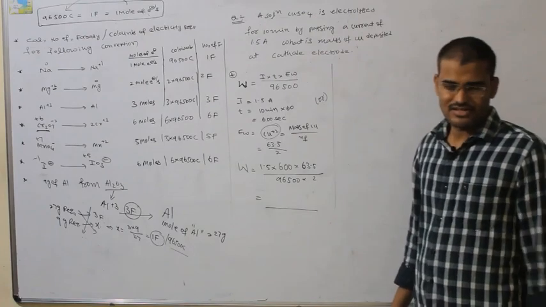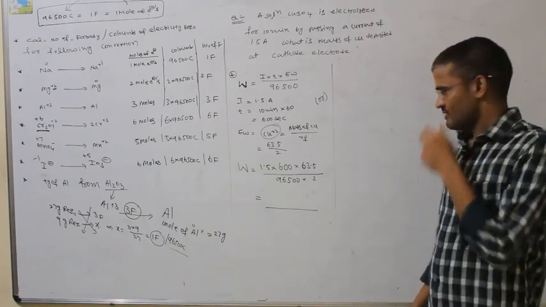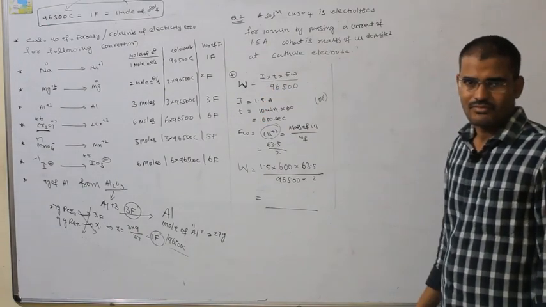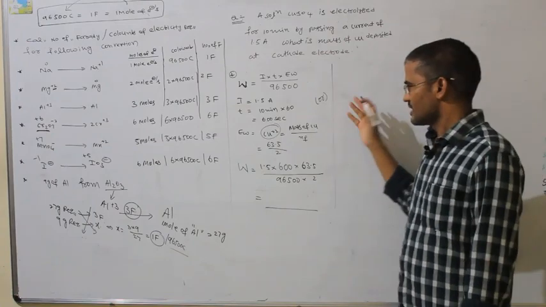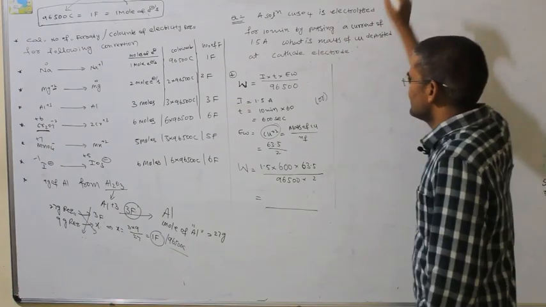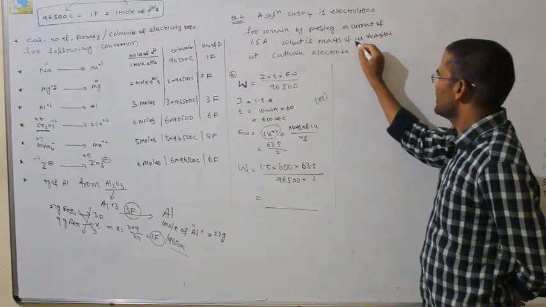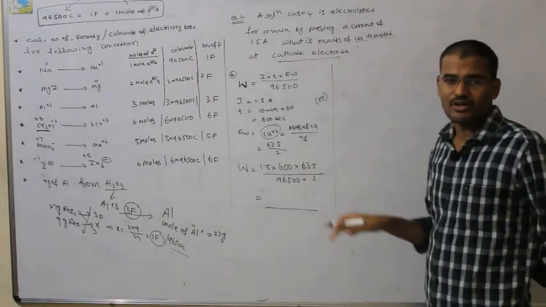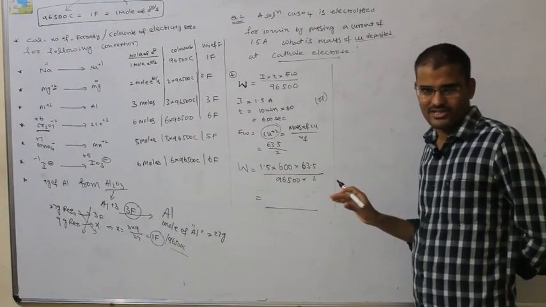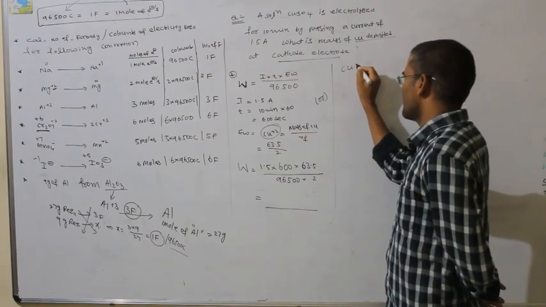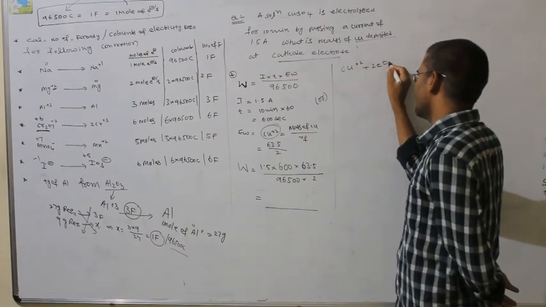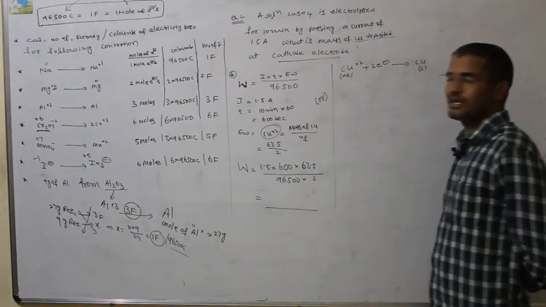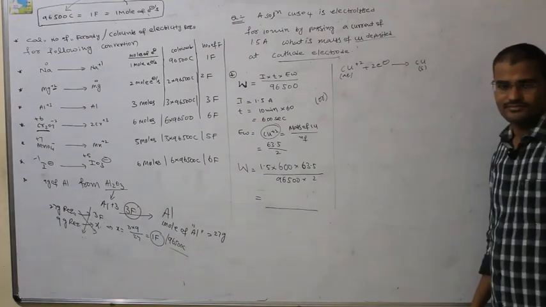This is from the balanced equation. From the balanced equation manner we can do; whichever is convenient that way. I prefer this one, it is most easier. Next, see that method also. If that is convenient, you can proceed. In this case, what do you have to do? Copper is depositing at cathode. So you write how the copper will undergo deposition at cathode in a balanced equation. That balanced equation is copper plus 2 accepts 2 electrons and becomes copper solid. Copper aqueous, after accepting 2 electrons, becomes copper.